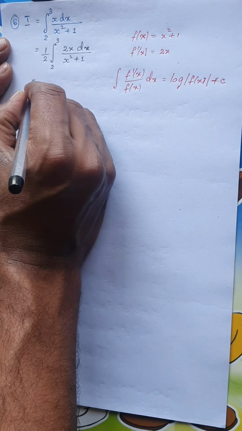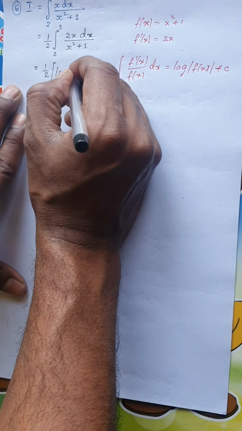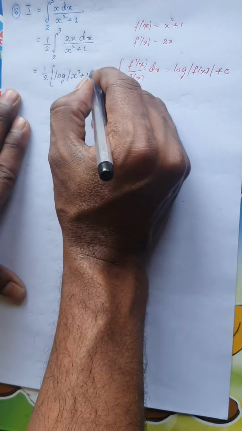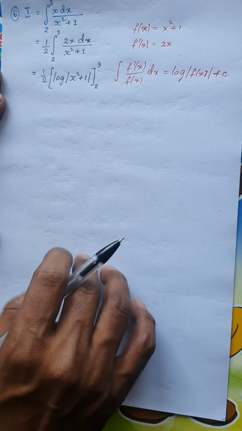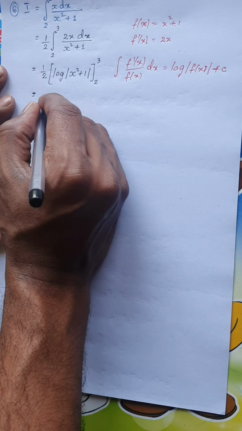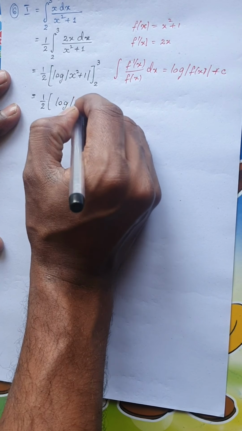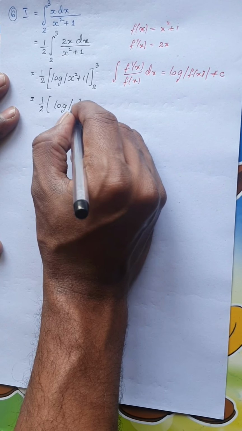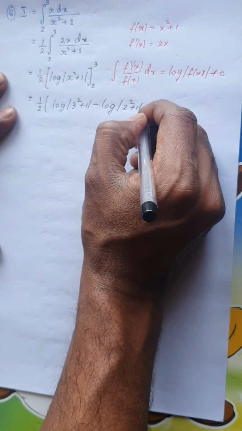So you have the function in the denominator and its derivative in the numerator, then it would be the log of mod the function itself, that is the denominator itself. So it is log of mod x square plus 1, integrated within the limits 2 to 3. Okay, these are standard results. We will be using them more than once in the next questions also. Please be careful. Half is a constant, right? Apply the limit. So it is log of mod, first the upper limit 3, so 3 square plus 1, minus log of mod 2 square plus 1.